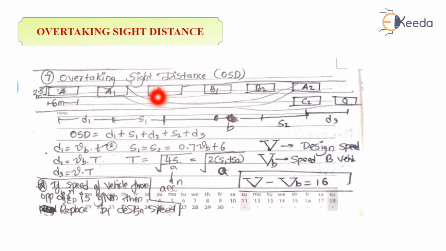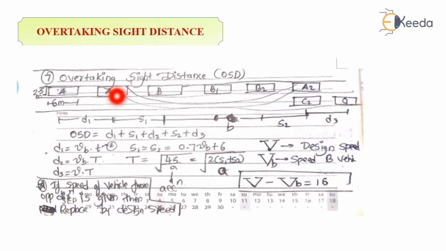And in this case, A1 is ready to overtake, means vehicle A1 is just behind vehicle B1,